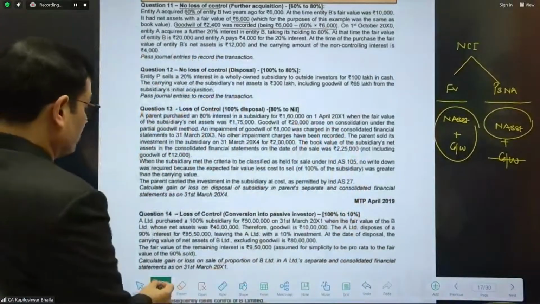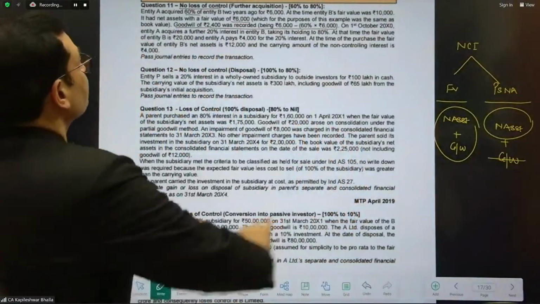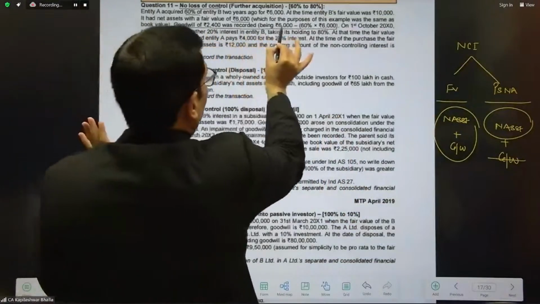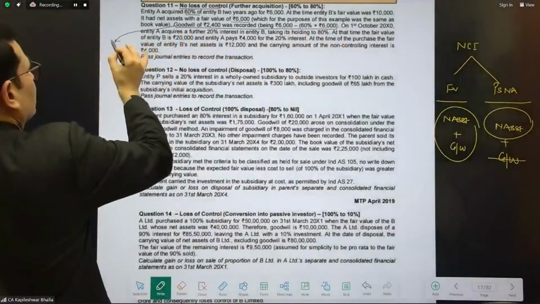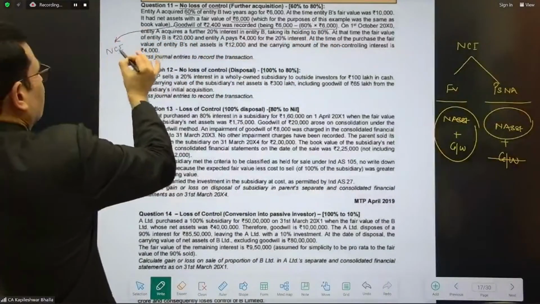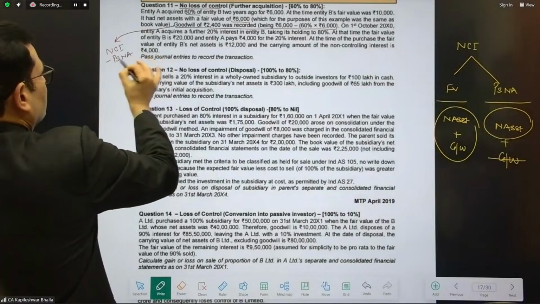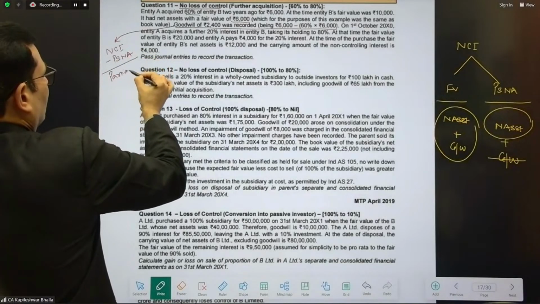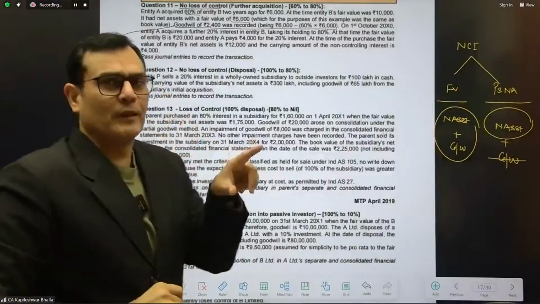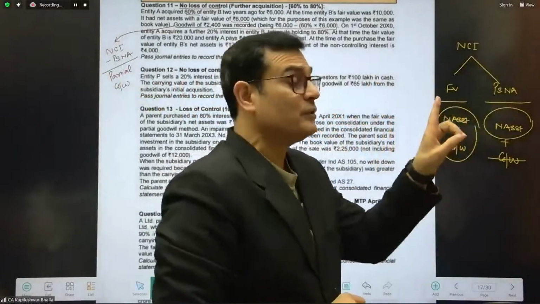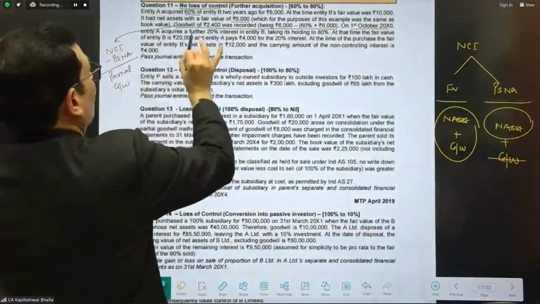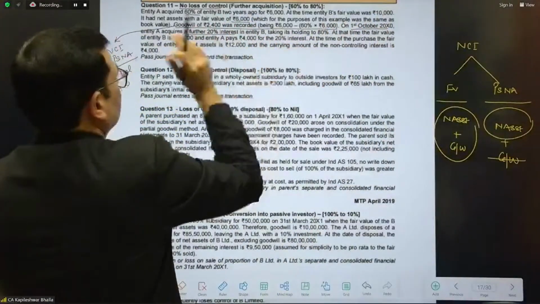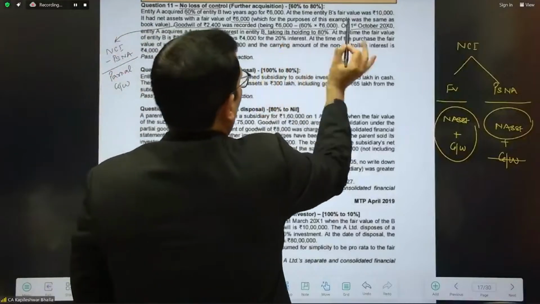Now, coming back to this question, let's see the status of the NCI. It says goodwill was 2,400. It was the purchase consideration compared to the share in the net assets, which indirectly means that you've done the calculations based on NCI taken at PUSNA. If that be the case, it is a case of a partial goodwill. So when you're going to record the NCI, it will be taken at a share in the net assets without any goodwill. Then he says on 1st October X0, A acquires a further 20% interest. So from 60, it becomes 80, taking the holding to 80%.